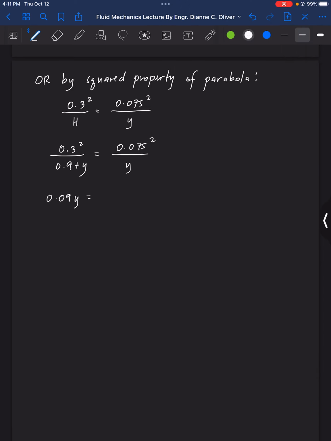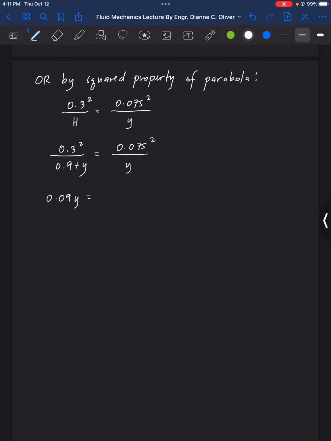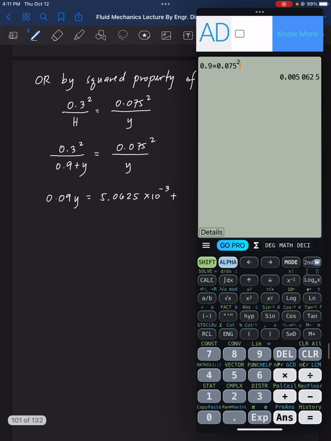That is equal to 0.9 times 0.075 squared, which is 5.0625 times 10 raised to negative 3, plus